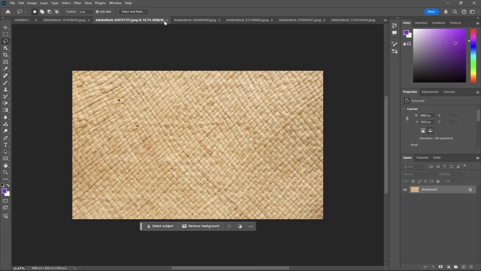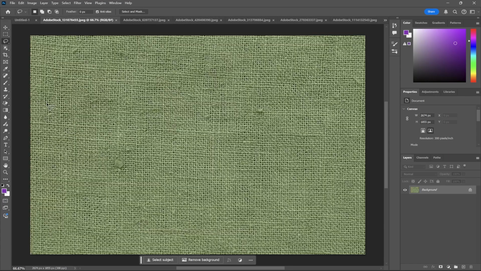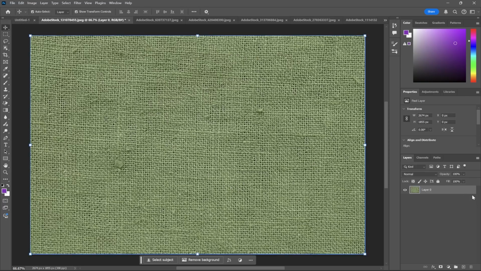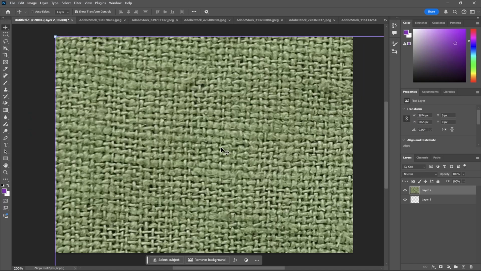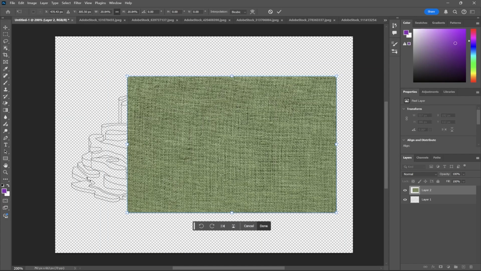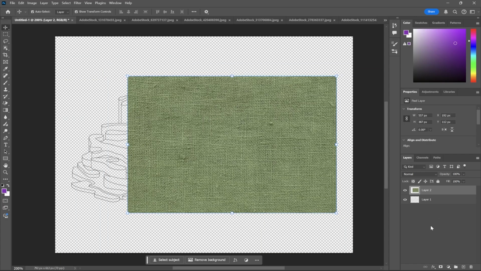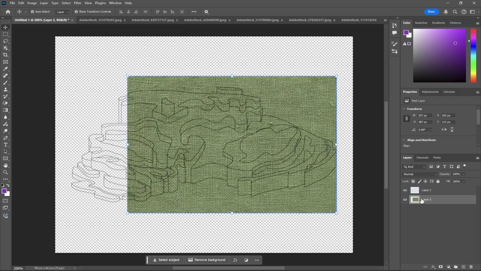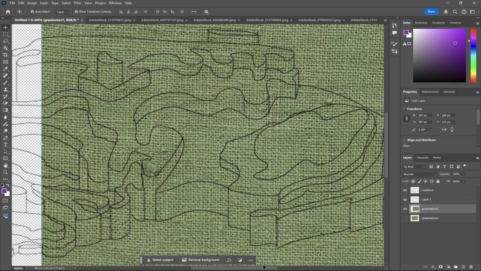I have selected some textures to use within my drawing. This is going to represent some of the grass on my island, so I'm just going to make sure I unlock that layer, and I'm going to copy and paste it in, Control C and Control V. Now it is in its own separate layer here on layer 2. I am going to resize this image by right clicking and holding down on that box constraint and dragging. And I do want to be able to see my lines underneath. The easiest way to do that is to click and drag layer 2 so that it is below layer 1 where those main drawings are. Now I'm going to zoom in, hitting Control+.